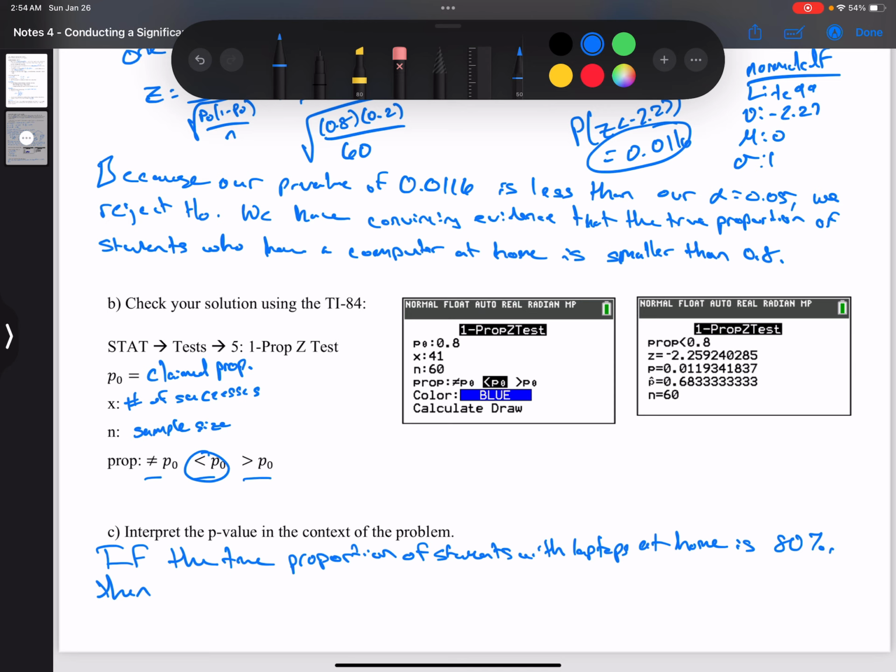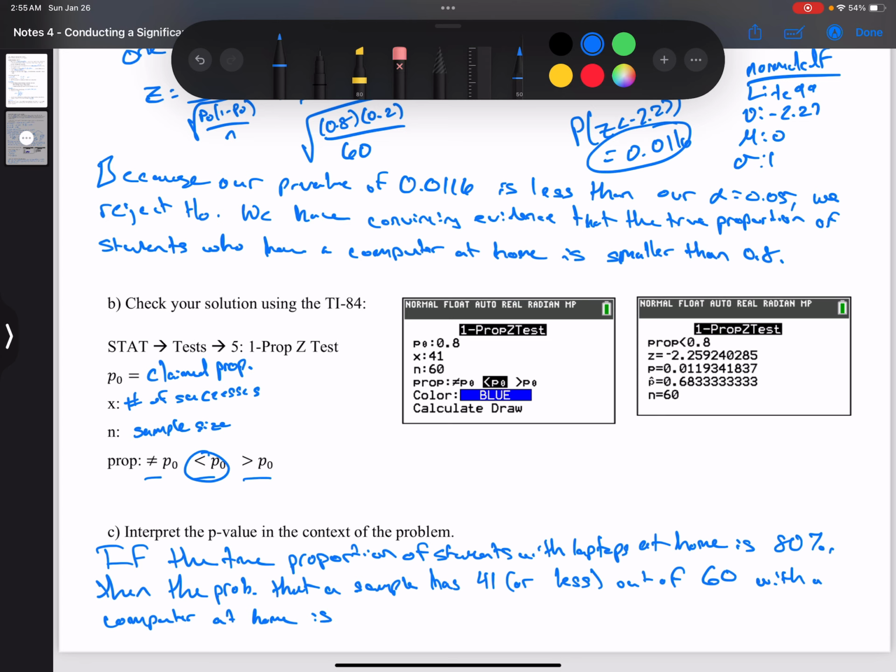So then the probability that a sample has 41 or less out of 60 with a computer at home is 0.116. All right. So there we go. So again, that's just sort of the definition of p-value and what it means in the context of this problem. Okay, so that's it for this set of